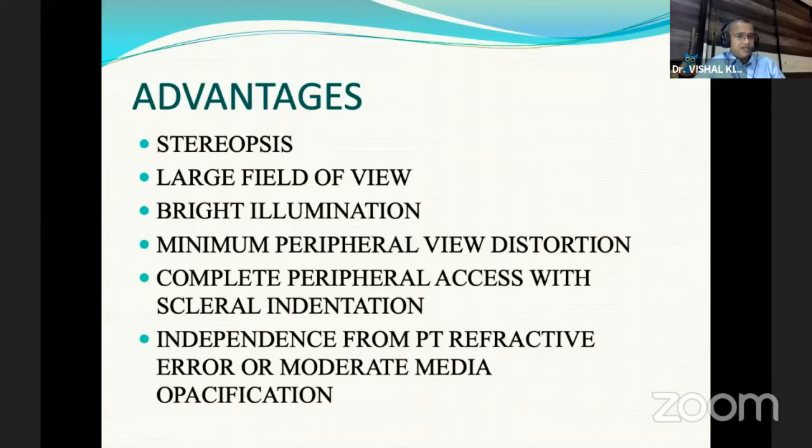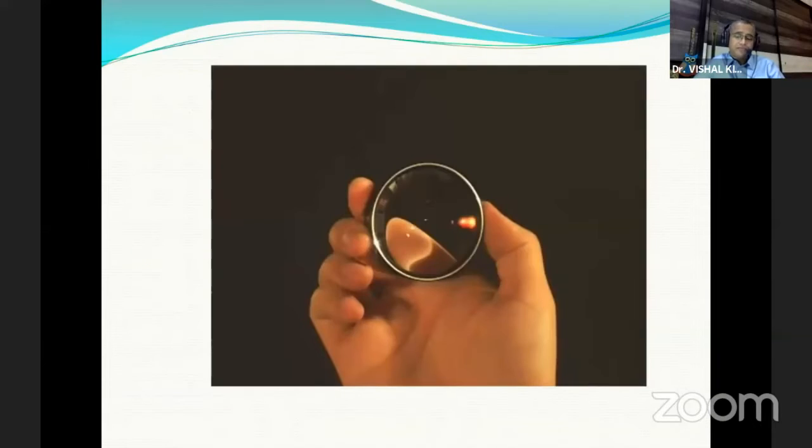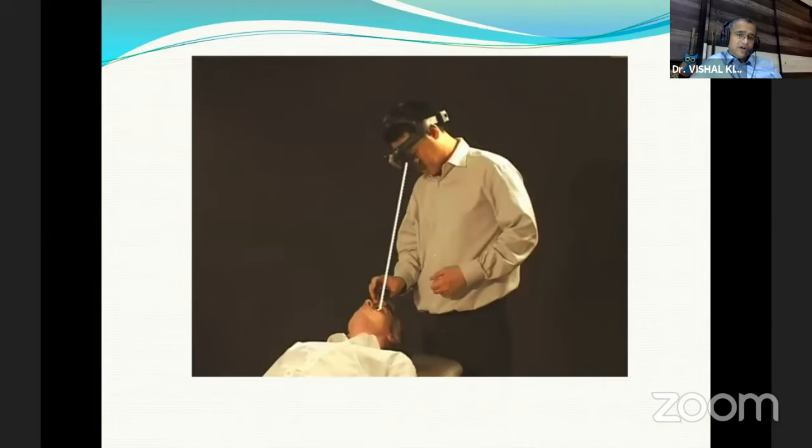So what is the advantage? Since Dr. Shivani has said the same thing, I'll skip this slide. While you start doing indirect ophthalmoscopy, remember that the lens with the silver coating should face downward, that is, towards the patient's eye. Your index finger and thumb should hold the 20 diopter lens or whatever lens you are using, and the other fingers should act as the pivot or fulcrum, which even helps to open the eyes. With these two fingers, you move your lens up and down.